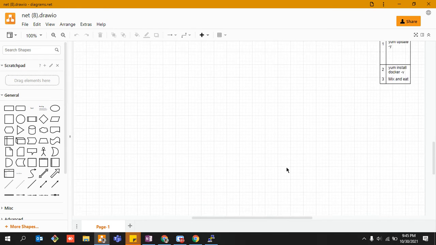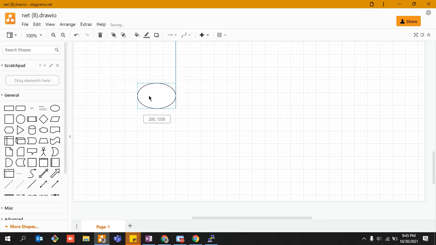This diagram won't help you guys, so I need to create one. I'm very bad at creating, but I won't take much time.